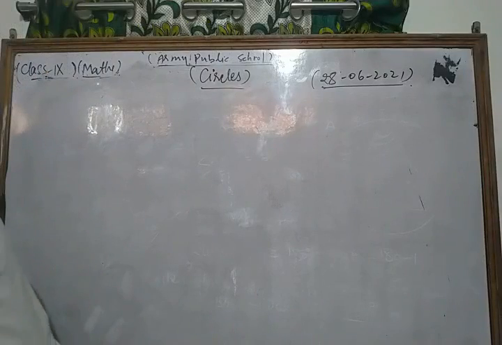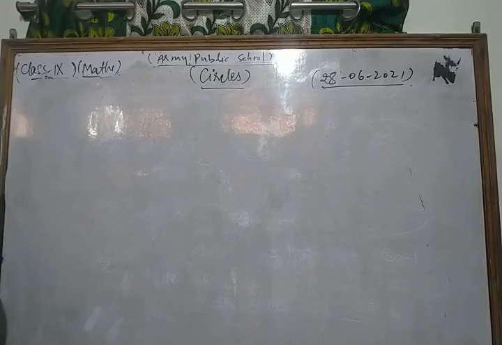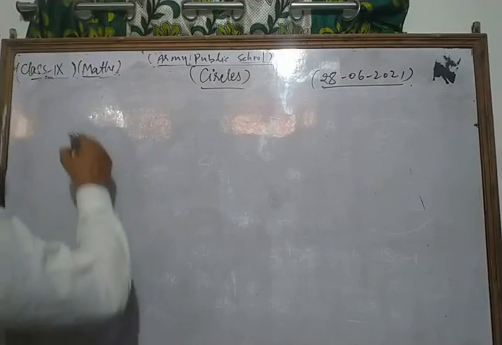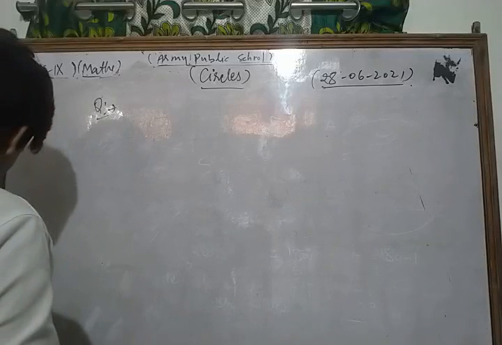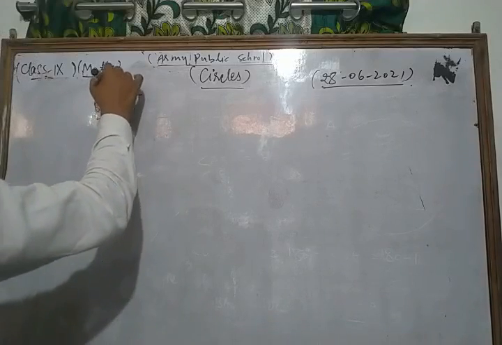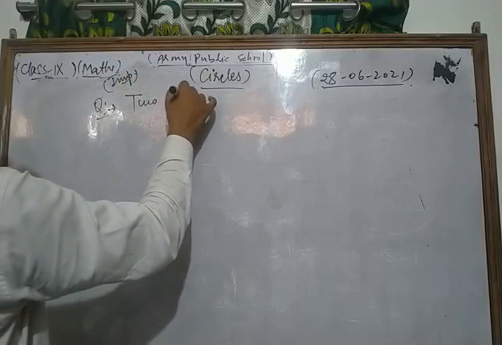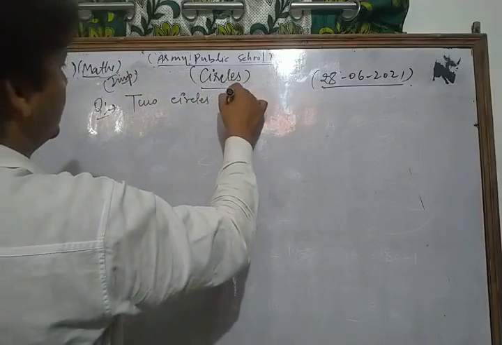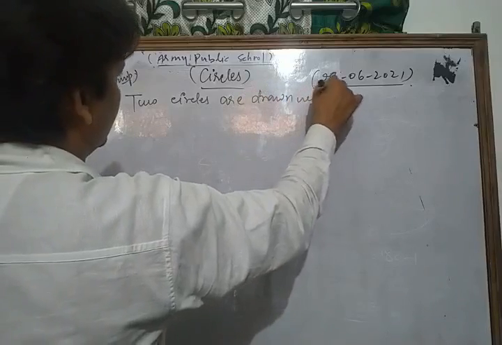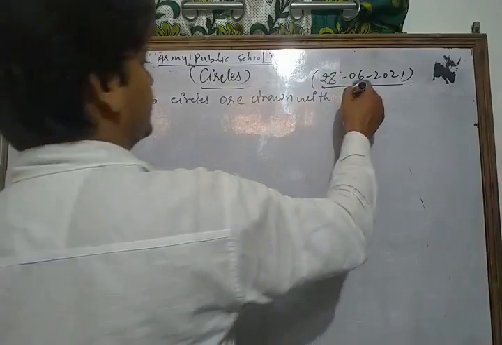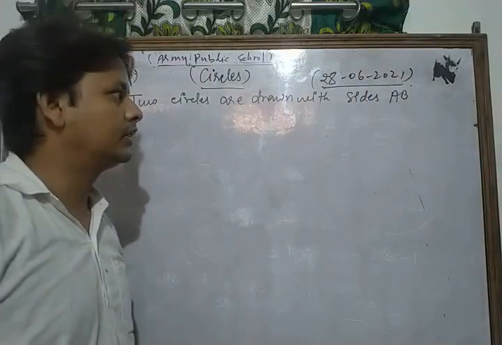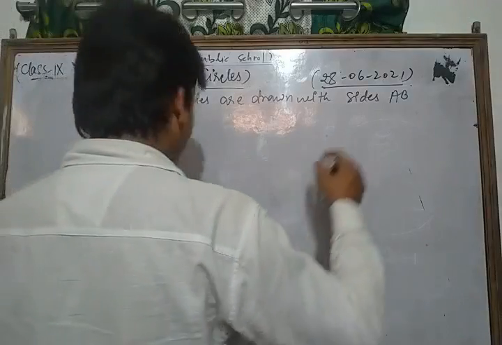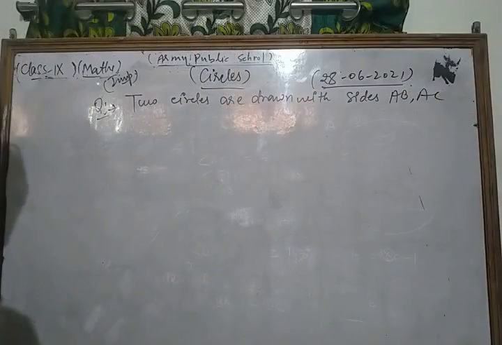Now we take some other important questions of your NCERT exercise, and your question is: two circles are drawn with sides AB, AC of a triangle ABC